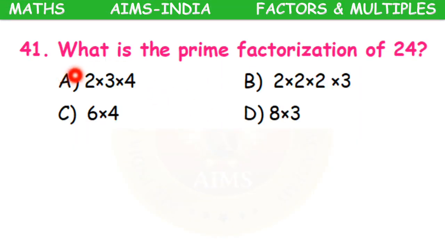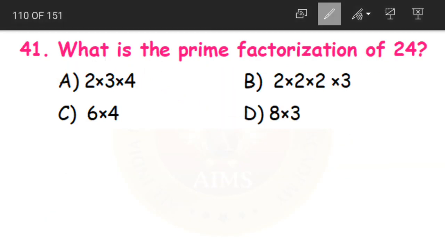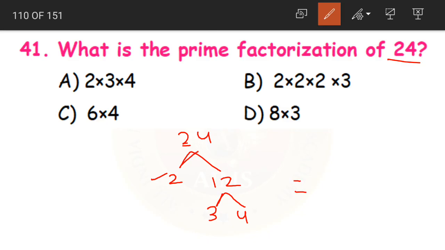Next question. What is the prime factorization of 24? How will we do that? With the help of a factor tree. Yes, we have 2 12s are 24. 2 is a prime number, so let us leave it there. And then 12 can be written as 3 4s are 12. 12 can be written as what children? 3 4s are 12. So 3 is a prime number but 4 is a composite number.